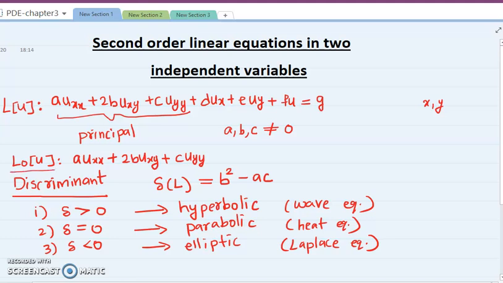So we have the following classification for the PDE. It is just like in conic sections, where you have studied parabola, hyperbola and ellipse. In the same way there is a classification here. That was an algebraic equation, and here we have a PDE. So in PDE we have this condition, and we have the classification as hyperbolic, parabolic and elliptic.